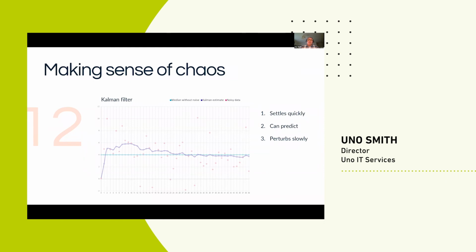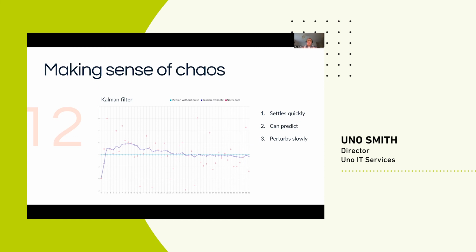You can do it in any language. I do almost all of my work in JavaScript and on Node.js because it's easy to scale. But if you're a Python programmer, or if you work in C++, obviously, then there are some very fast implementations of this. One of the characteristics of a Kalman filter is that it settles quickly to the data set that you're looking at. On the left-hand side, you can see there's a big swing, but it very quickly gets to that sort of mean.